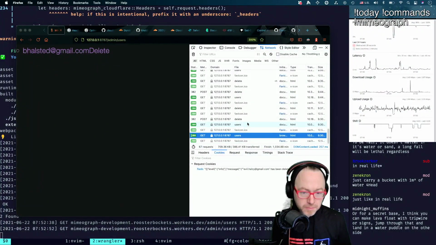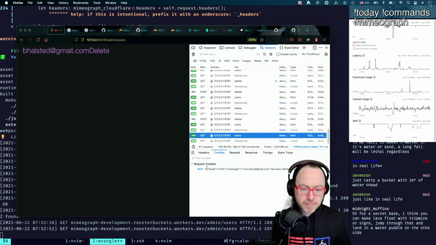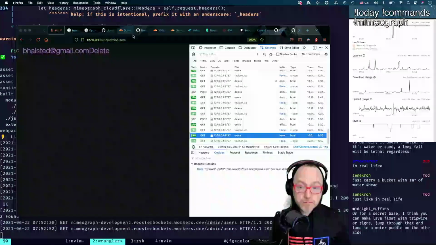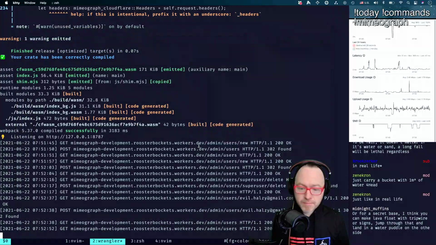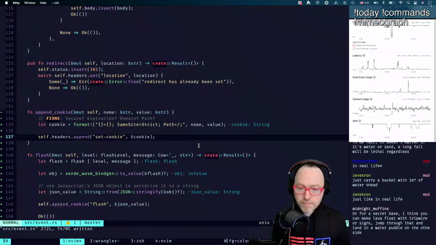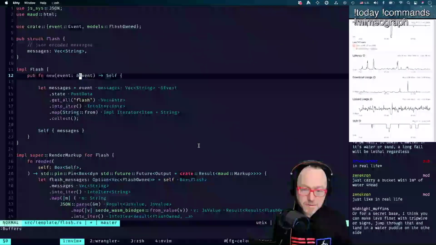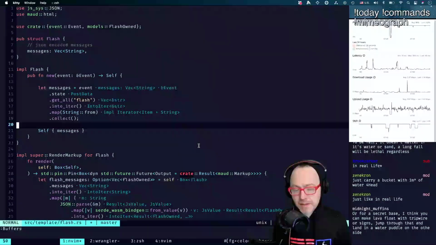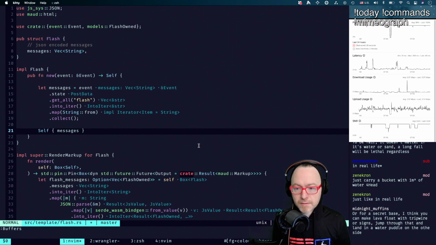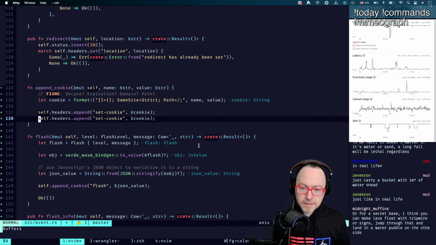It looks like the multiple isn't working. Multiple would work if the paths were slightly different at the top level. But when we call set cookie, it just overwrites it. Okay, that's fine. I still think it might be possible to have two flash messages. If we call set cookie twice, maybe? I'm not certain. So if we did that twice,